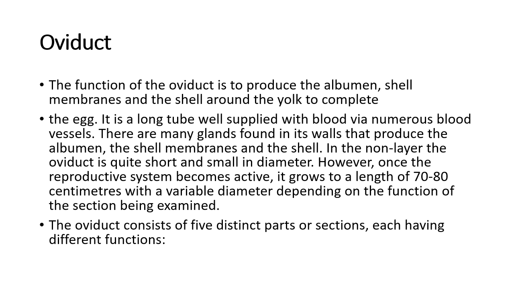Oviduct. The function of the oviduct is to produce albumin, shell membrane and the shell around the yolk to complete the egg. It is a long tube supplied with blood via numerous blood vessels. There are many glands found in its wall that produce the albumin, the shell membrane, and the shell. In the non-layer, the oviduct is quite short and small in diameter. It grows to a length of 70 to 80 centimeters with a variable diameter depending on the function of the section being examined. The oviduct consists of five distinct parts, sections, each having